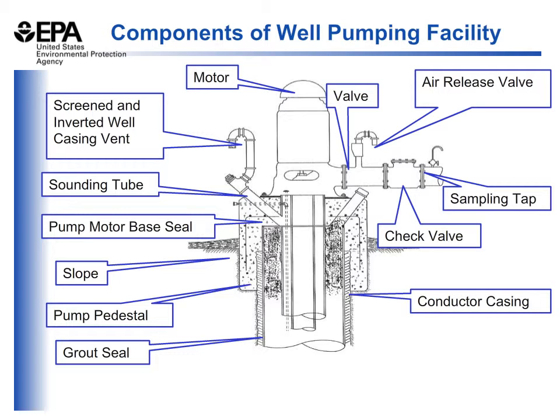And it's important not to have air within the distribution system, as it can create a problem known as water hammer, which can affect the pipes and potentially harm joints or other components of the distribution system. There also needs to be a check valve just past the motor, as shown on this slide, such that when the motor itself turns off, there's no way for water to flow from the distribution system back down into the